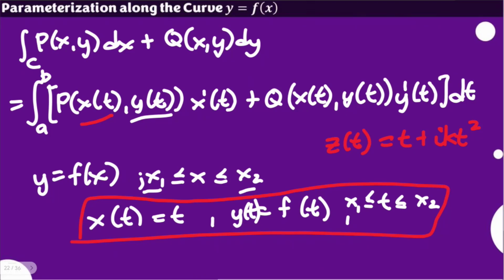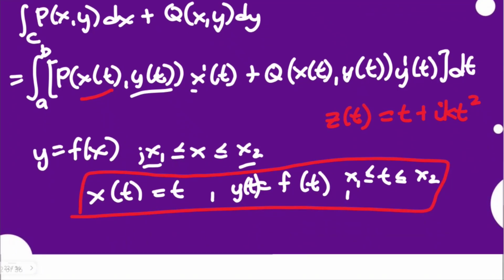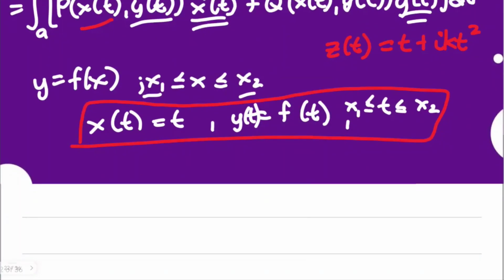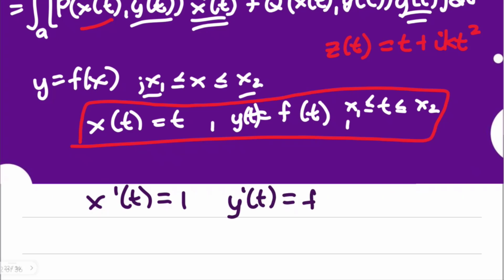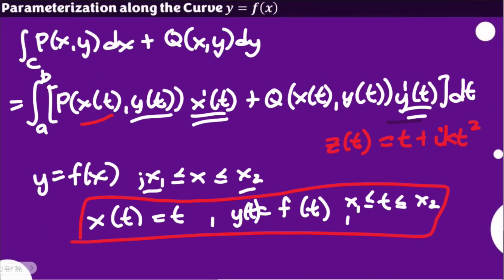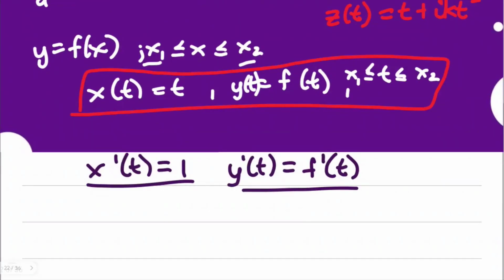What we need here more would be your x prime and then y prime. So basically, your x prime of t would be equivalent to 1, and then your y prime of t would be the first derivative of your function f, but in terms of t. So this would be your components needed for substitution in these portions here. For that, we are going to have some illustration here. An example later on will be given with the actual solution for the real integral.